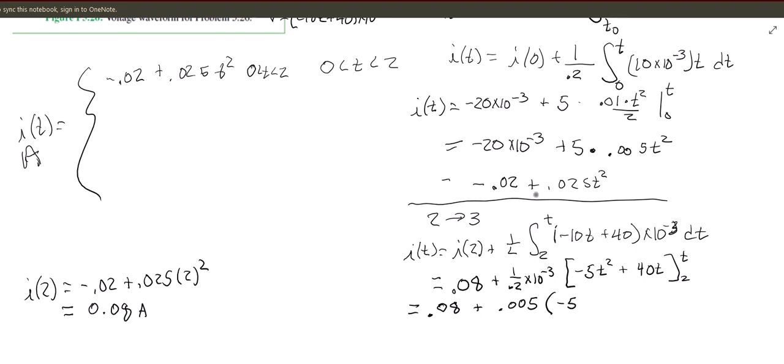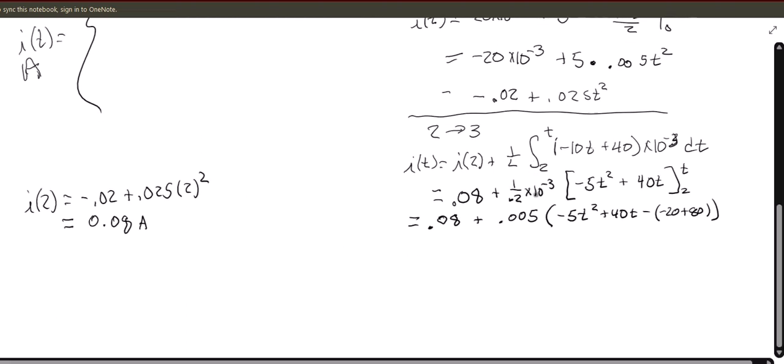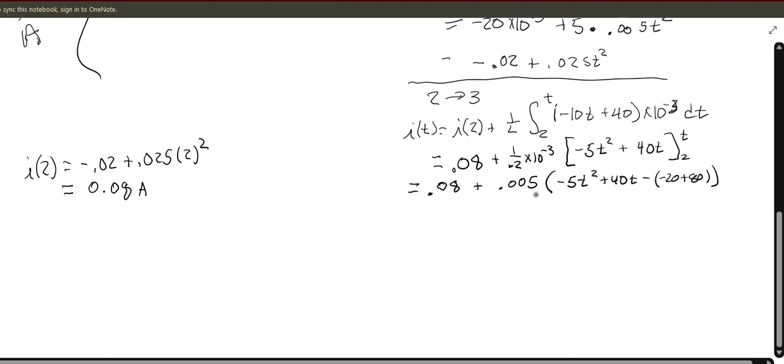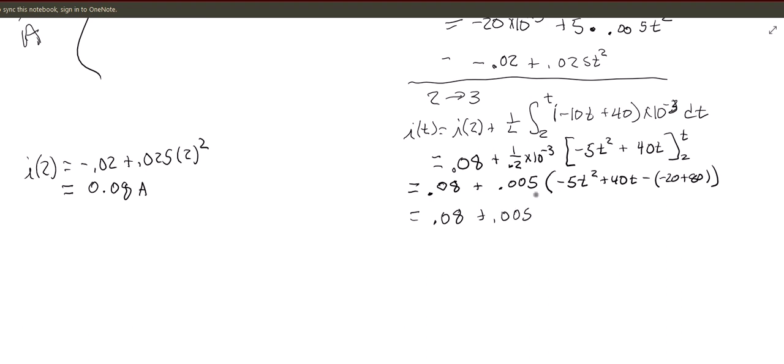And then if you plug t in, you get minus 5t squared plus 40t minus, and then we have to plug 2 in here. Last time it was 0, so we didn't have to do that. So minus negative 20 plus 80. So this is 0.08 plus 0.005 times minus 5t squared plus 40t minus 60, and then multiply the 0.005 through,